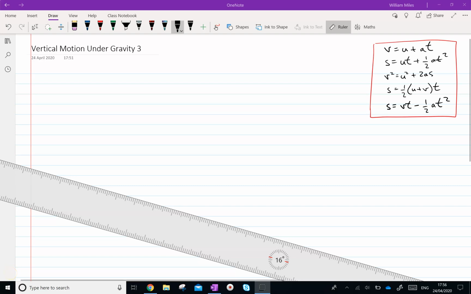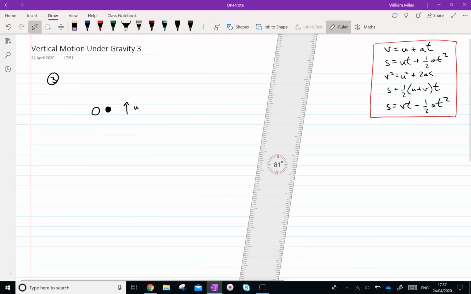So in this video, we're going to look at the third question in vertical motion under gravity. A particle is projected vertically upwards from a point O with speed u meters per second. So here's our particle that's being projected upwards with speed u meters per second. This is the point O,